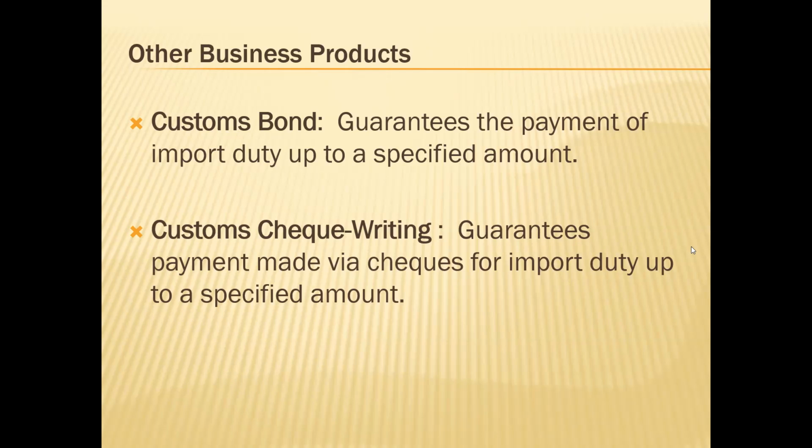So with the customs bond, I can just go there. I have no money, and I don't need to use any money when I go there. I don't need to use a credit card. I don't need to use a check. For the customs check writing, I need to use the check because it's coming directly from my account. But again, it guarantees payment made by check. So again, if I don't pay, the Customs Department makes a request and the bank will break a fixed deposit and